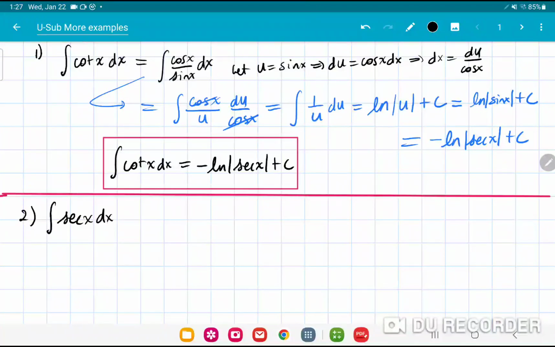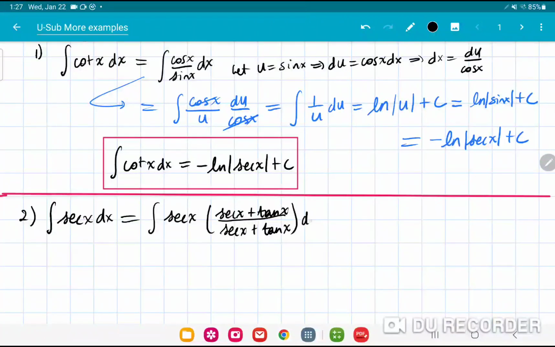It doesn't come naturally. So the trick here is to multiply secant of x by sec x plus tan x divided by sec x plus tan x. You'll see why this trick works in a minute, but I've just divided it by 1. It's just cleverly written 1, sec x plus tan x over sec x plus tan x. So if I multiply the top through, I get secant squared x plus secant of x times tangent x divided by secant x plus